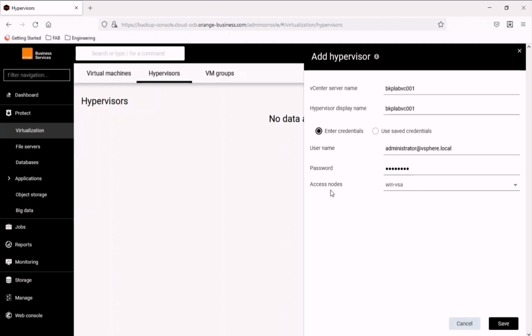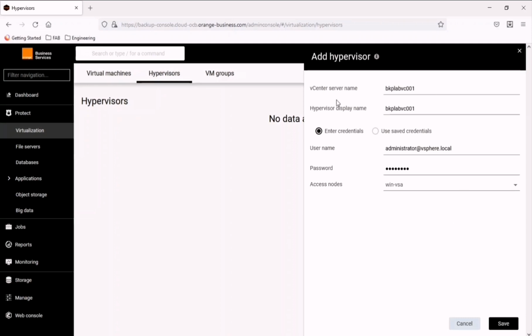And you can see as an access node, the VSA WinVSA is already listed here. If you have multiple VSA agents or multiple access nodes, you will see all of them listed here. But right now for this environment, we have only one access node listed here.